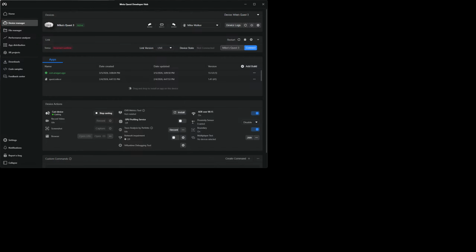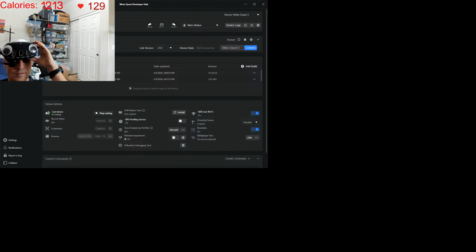Now let me fix this window. Should be at the bottom of the list, not the top. There, okay. And different window. That one.